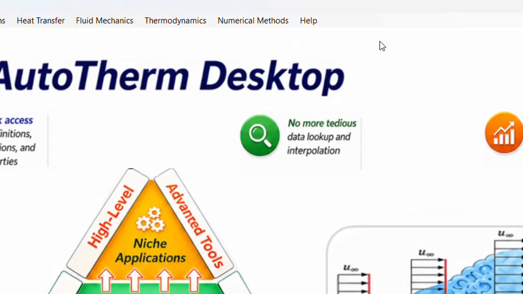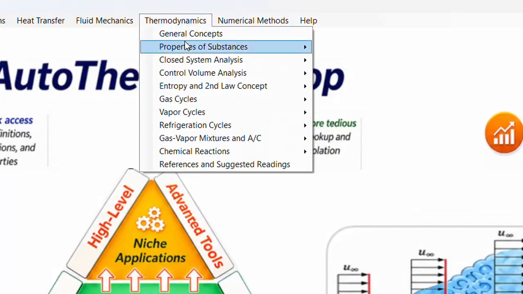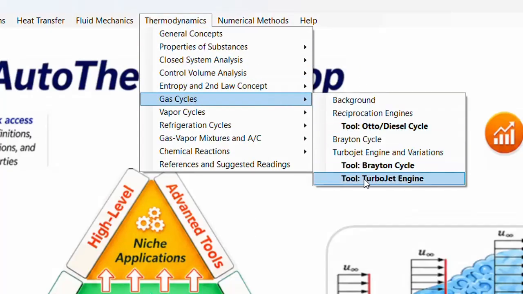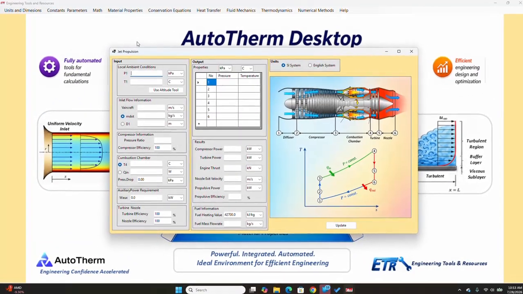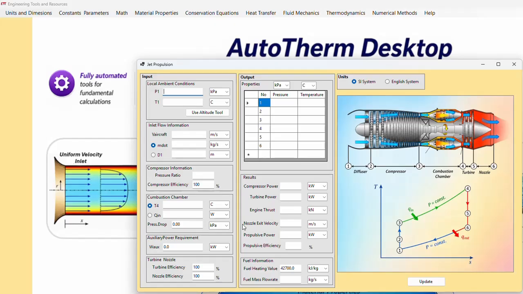Sometimes tools utilize other tools to automate specific calculations. A good example of that can be found in the turbojet engine tool. So that would be in thermodynamics, gas cycles, and you notice that we have the turbojet tool here. If you click on that, the tool will open up and allow you to do turbojet calculations. The very first thing we need to enter is the local ambient condition, pressure, and temperature. Let's say we don't know that, but we know the altitude. So if you click on the Use Altitude tool,